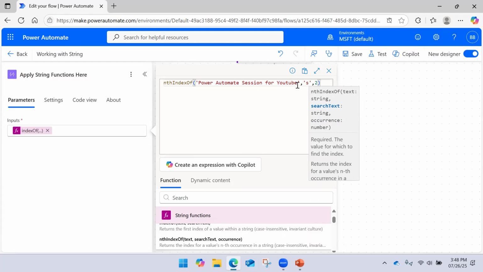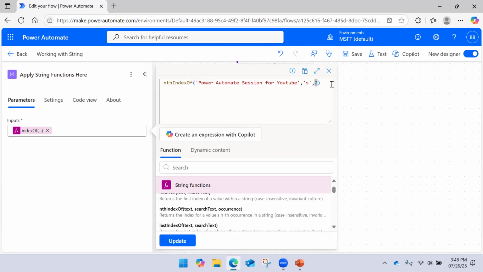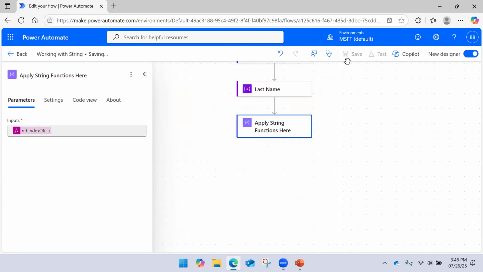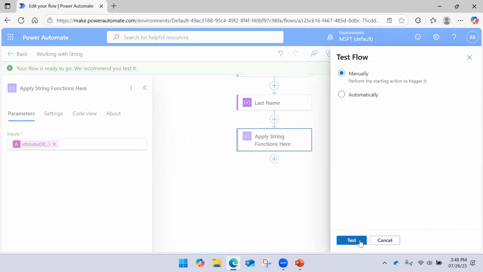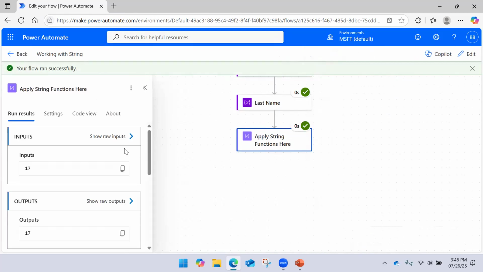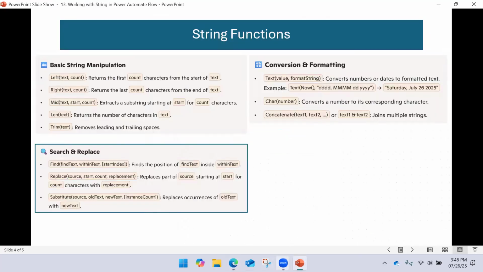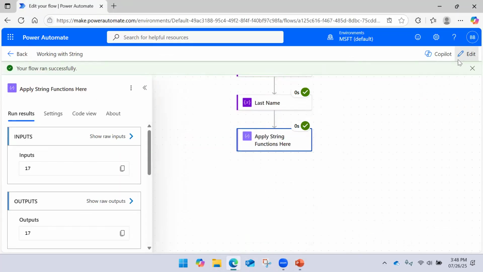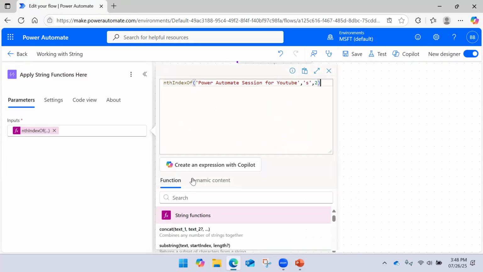Search for the yes. So what it does, wherever it matches with the yes for the first time, it will skip that and it will return the index wherever it matches for the second time. This is what the last parameter defines, on which occurrence you want to return the index of the searched character in the string. Right. So on the 17th position, this is what is happening. Okay. So now let me go and let me say once again edit.